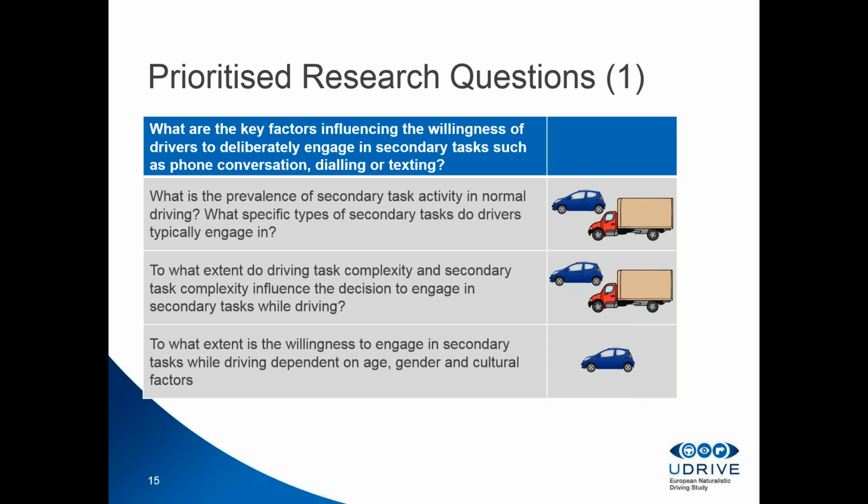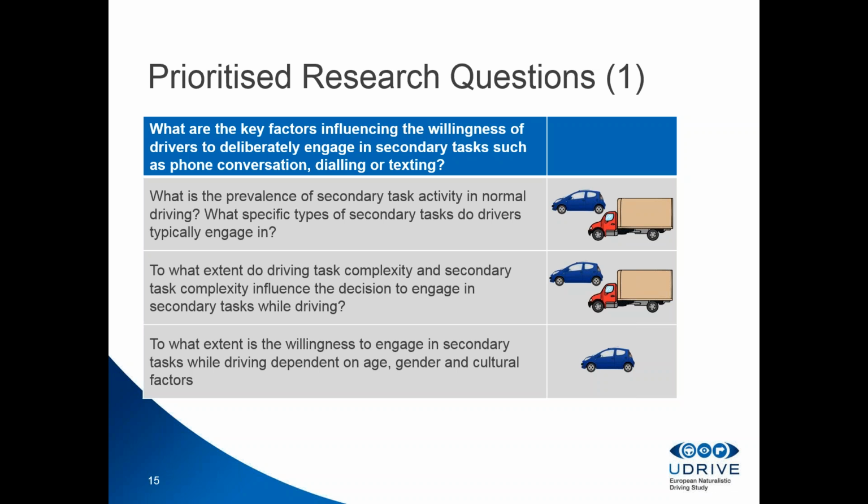So what's the prevalence of secondary task activity in driving? What specific types of secondary tasks do drivers typically engage in? And of course you'll appreciate that that's one piece of data that we're able to get directly from the annotation that we're doing to the driving. So we'll have some idea as well of how that's distributed